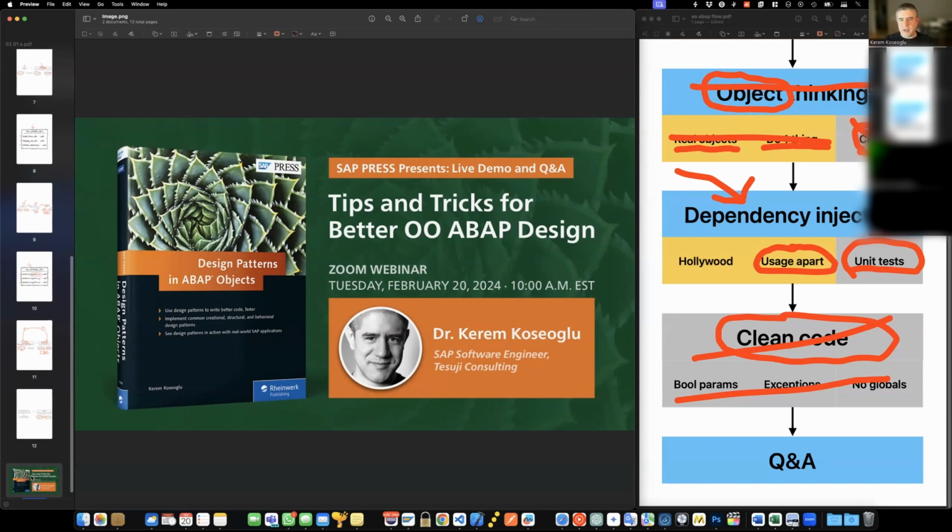Nothing that I have said today is a rule set in stone. Each requirement is different and each technical infrastructure is different. So sometimes you can comply with the best practices and sometimes you can't. For example, sometimes I need a very quick solution because there's a big problem in the system. Then I have to break all the rules and just make a quick and dirty solution. And later on, after the fire is settled, when I have more time, I upgrade my solution with a better approach with interfaces and whatnot.